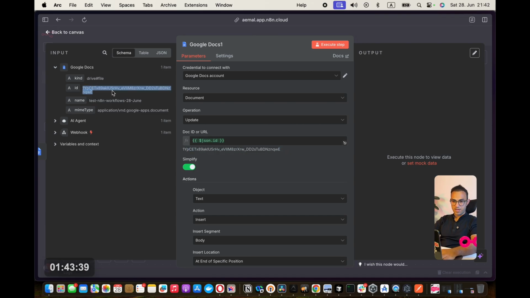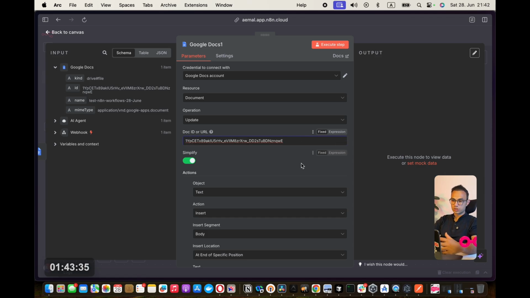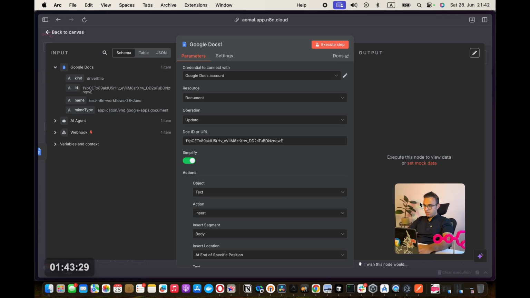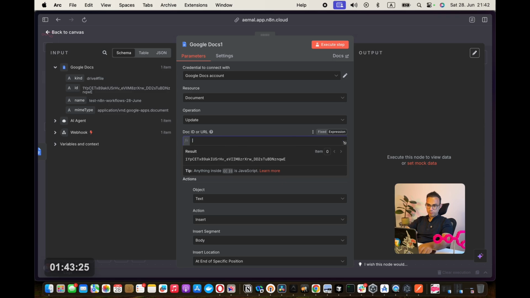You can also copy paste it here and keep it as fixed, but we don't want to fix it. We want to make it a workflow that keeps running forever. So expression, not fixed, drag and drop.